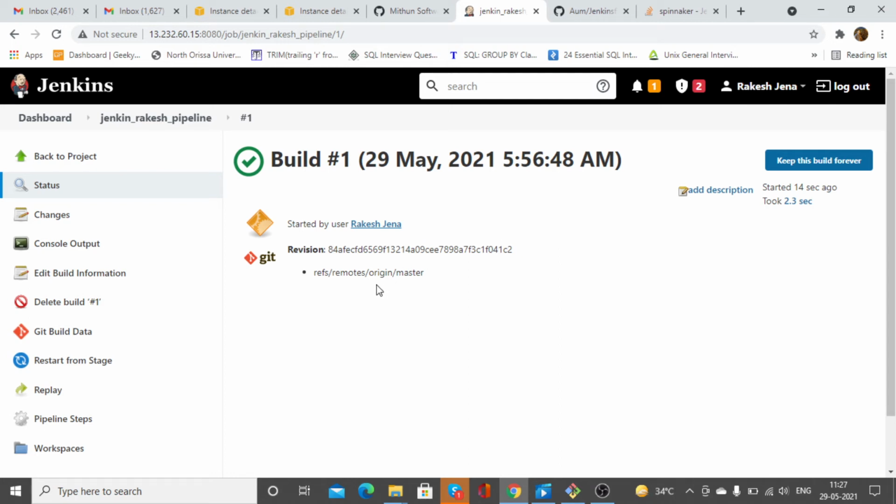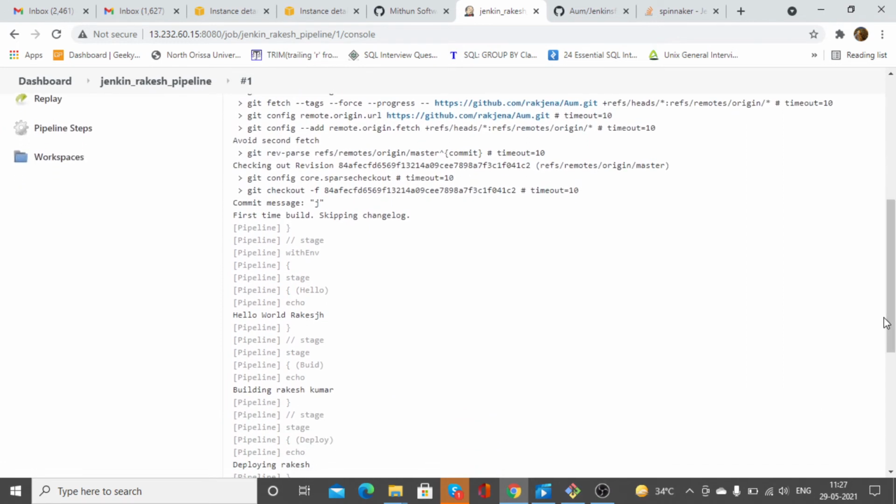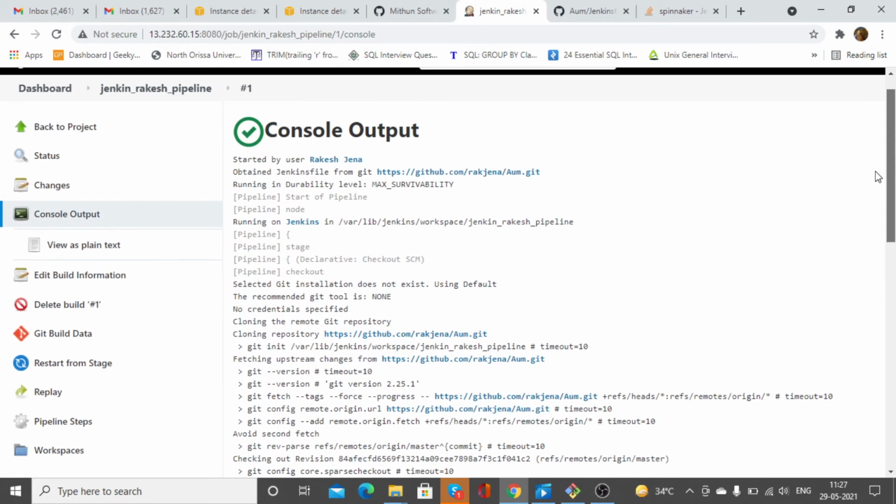So this is the revision code, okay. Right now if you go to the console output, you can see started by the user, and what are the things it has done. This is simply doing hello world, then building, and then release, testing, and finished successfully, okay.